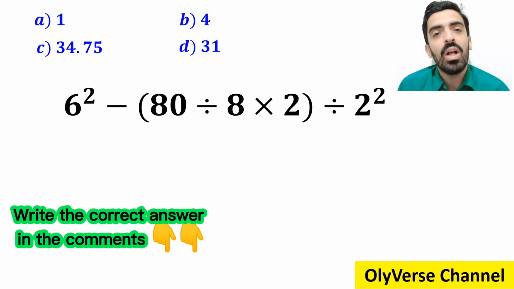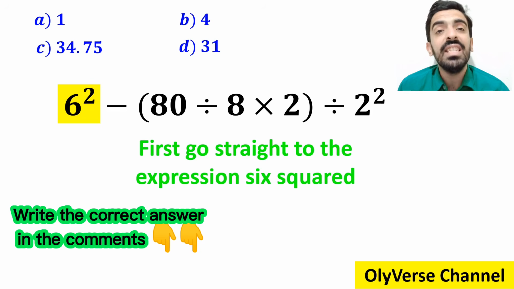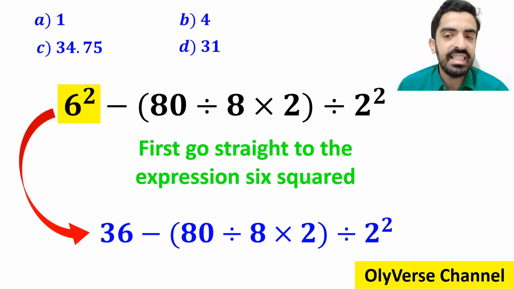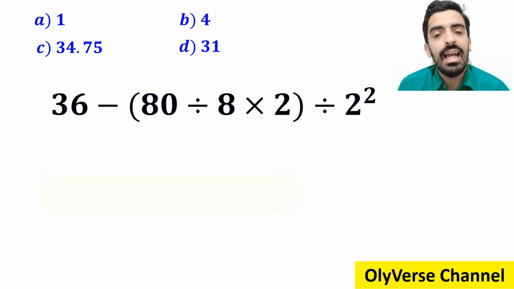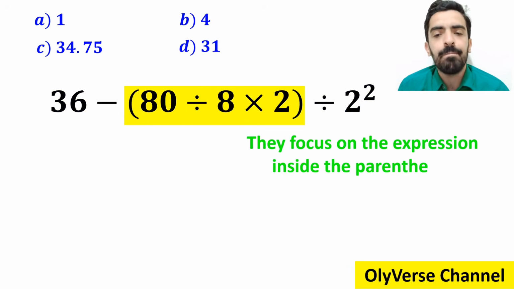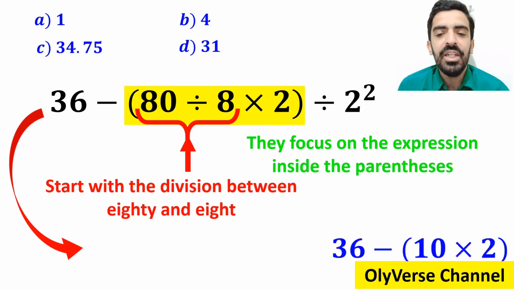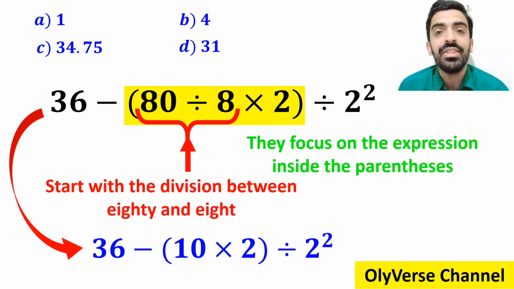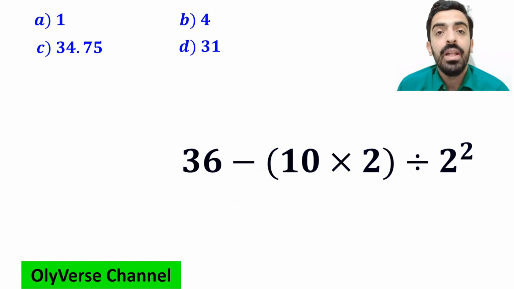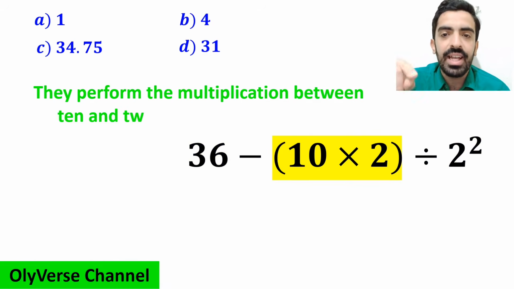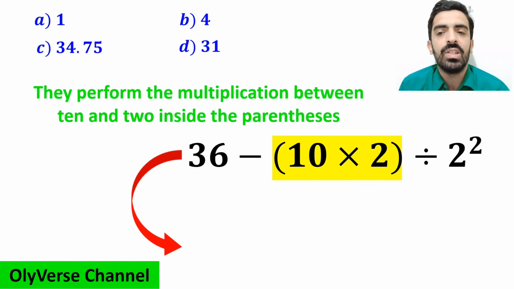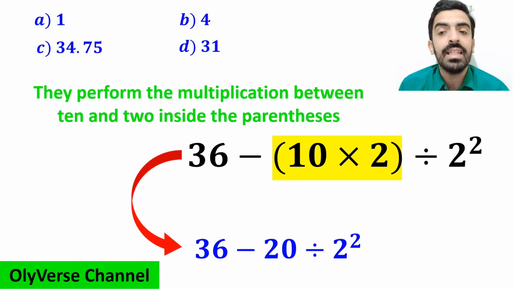Also, some other people when solving this question first go straight to the expression 6 squared and they simplify it to 36 minus 80 divided by 8 times 2 inside the parentheses, then divided by 2 squared. And the next step, they focus on the expression inside the parentheses and solve the division between 80 and 8. So, they simplify this expression to 36 minus 10 times 2 inside the parentheses, then divided by 2 squared. Then, they perform the multiplication between 10 and 2 inside the parentheses and write this expression as 36 minus 20